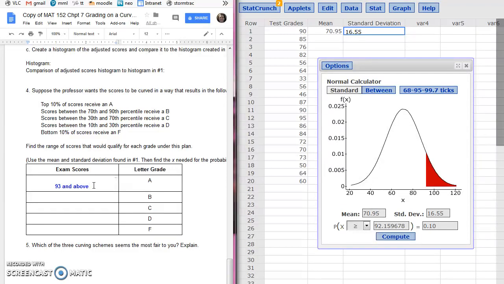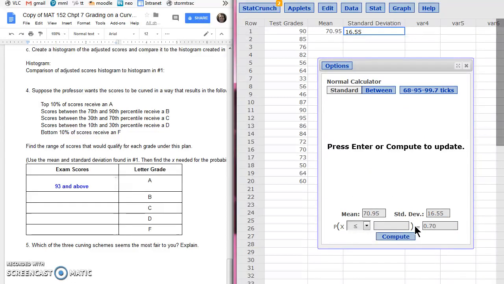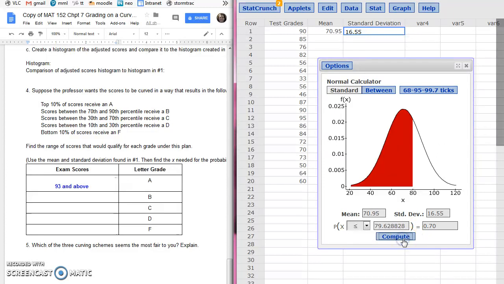For letter grade B, those are going to be all the scores between the 70th and the 90th percentile. So we're going to focus on the 70th percentile first. If you think about percentiles, they are percentages, and they also always read to the left. So the first thing we need to do is switch our symbol to be less than or equal to. And because 70th is a percentage, we're going to put 0.70 on the far right and compute. So 79.6, which will round to 80,